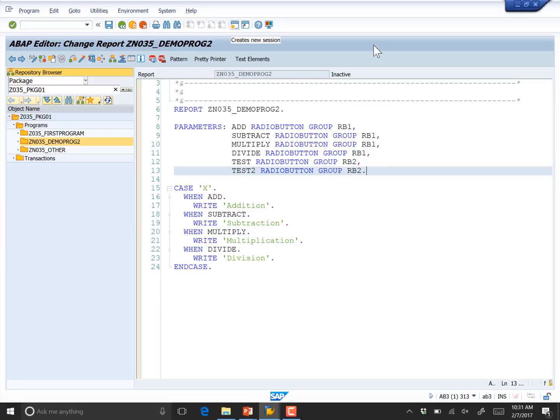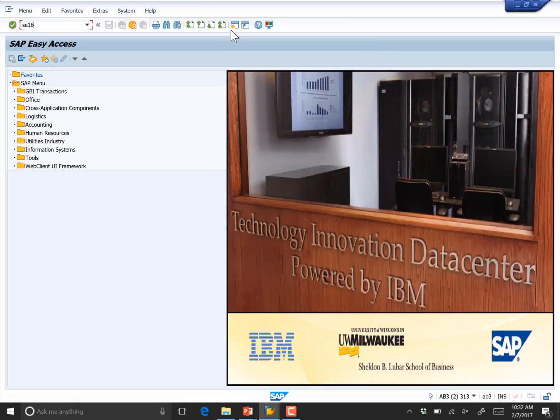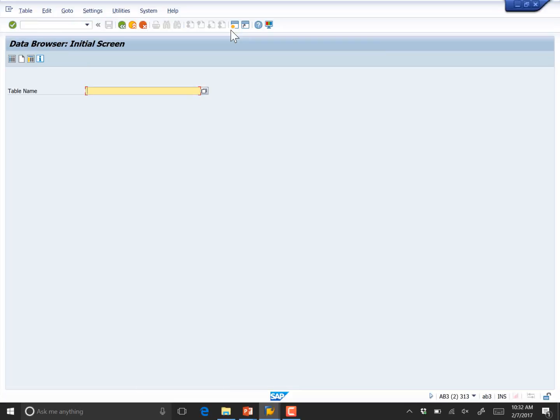SE16 is a transaction that you might find occasion to use a lot this semester. If I run that transaction, I have what's called the data browser, and this is for database tables. So for example, I mentioned there's a table out there called S Airport, okay? So if I want to know more about this S Airport table, I can type this in for any old